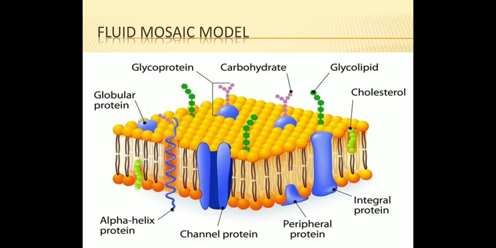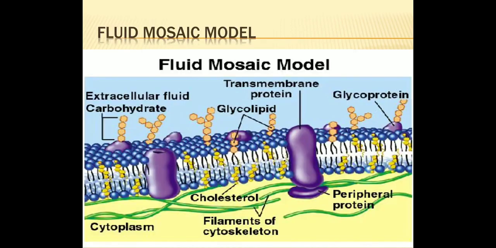That means if suppose you feel that this model is a sea, okay, in that sea you will find proteins are present somewhere at some positions like icebergs, and these proteins can change their position. Among these proteins, some are intrinsic and some are extrinsic. Talking about intrinsic proteins, those are proteins which occur at different depths of bilayers. They span the entire thickness of the membrane. So you can call intrinsic proteins as transmembrane proteins.